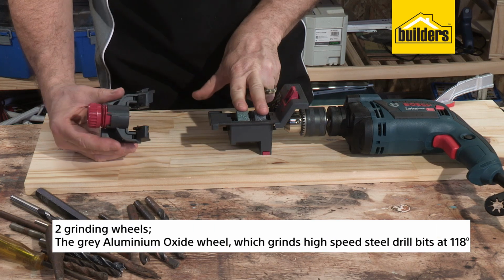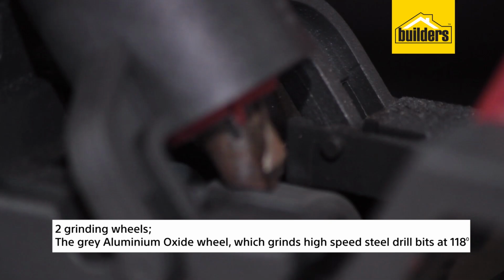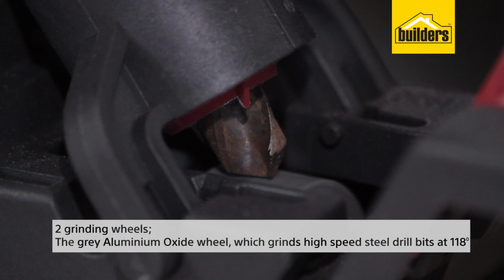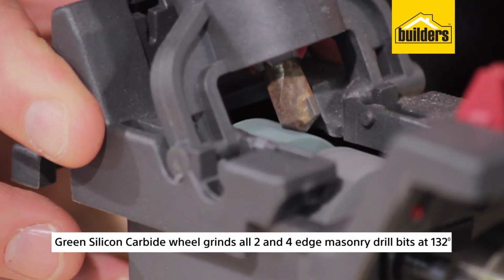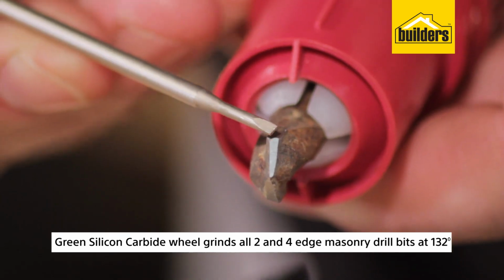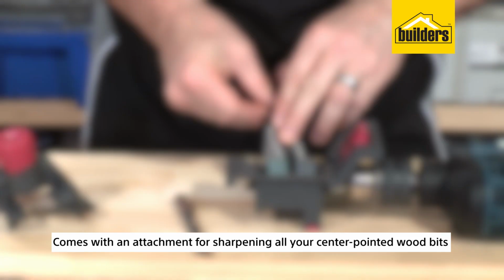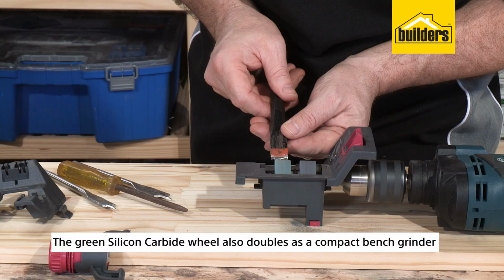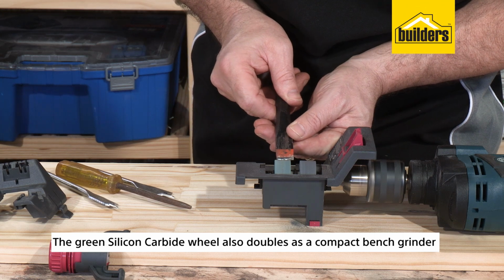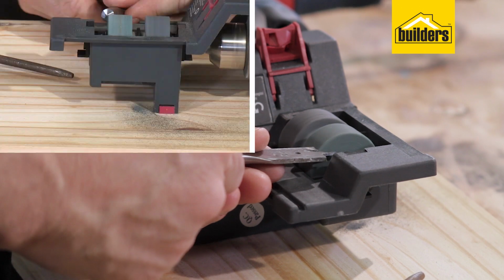There are 2 grinding wheels, the grey aluminium oxide wheel, which grinds high-speed steel drill bits at 118 degrees, and the green silicon carbide wheel, which grinds all 2 and 4 edge masonry drill bits at 132 degrees. It also comes with an attachment for sharpening all your center-pointed wood bits. The green silicon carbide wheel also doubles as a compact bench grinder to grind cold chisels, spade bits, punches and